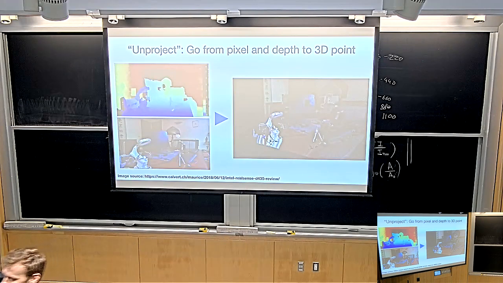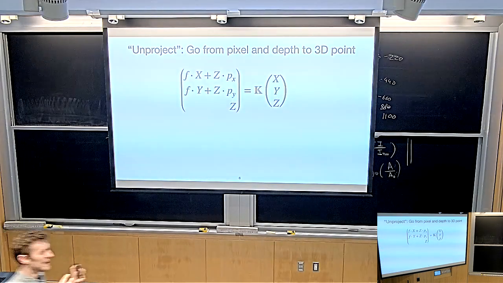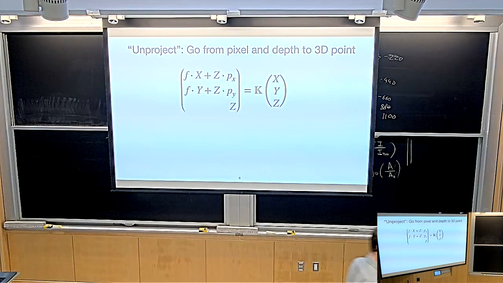So if you have a point in pixel coordinates and you have its depth, what is the 3D coordinate of that point in camera coordinates? That's what we're going to derive. And I already gave you the intuition last time. Intuitively, you have this linear operator, the intrinsics matrix, which takes you from a 3D point to a 2D pixel. Intuitively, the inverse of that should be something that takes you from 2D pixel coordinates to 3D.